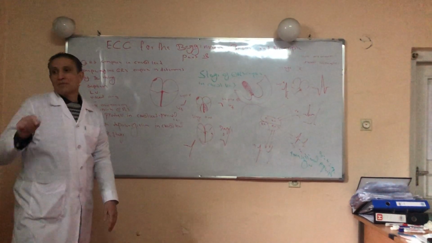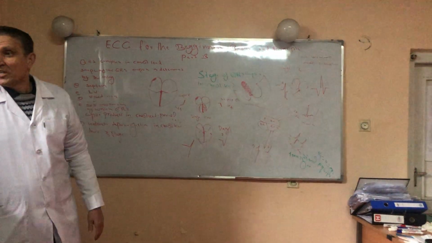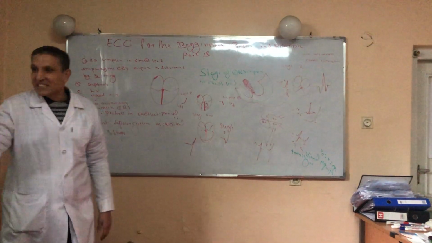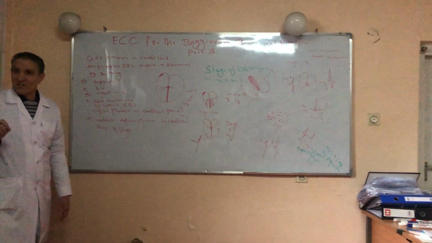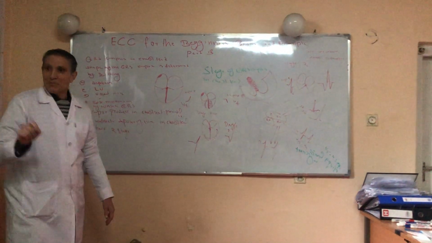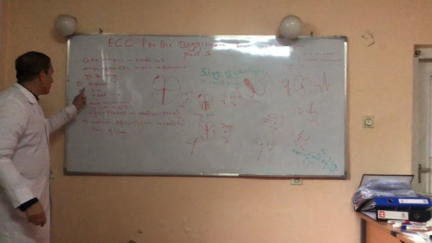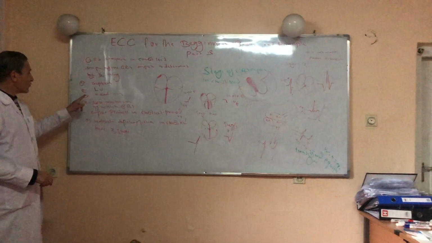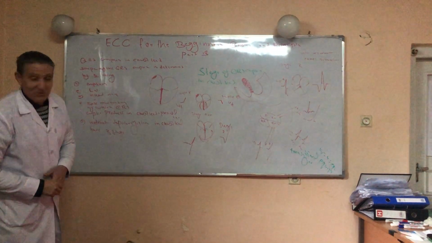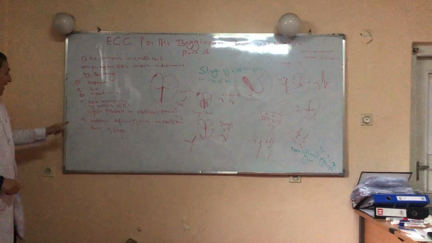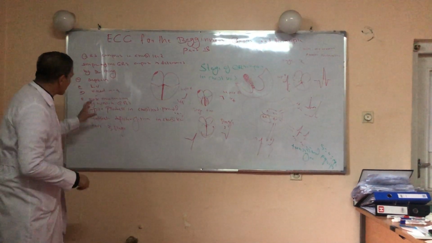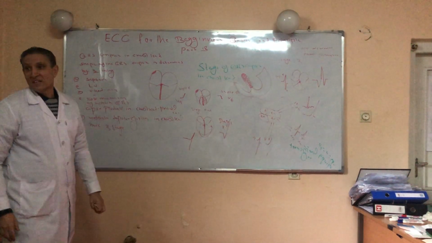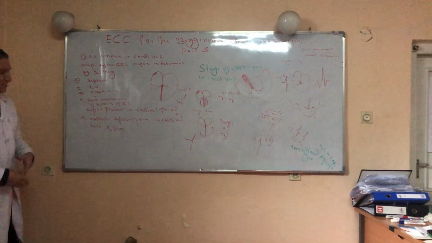Shape of the QRS complex in chest leads. The shape of the QRS complex in chest leads is determined by three things. The first thing is the septum. The second is the left ventricle. The third one is the position of the V lead from V1 to V6. And finally, we will also discuss the mechanisms by which the QRS complex is produced, especially in lead V1 and lead V6, which have three stages.